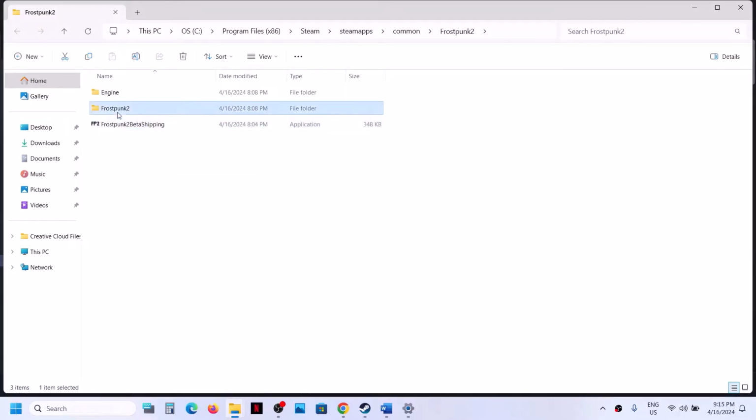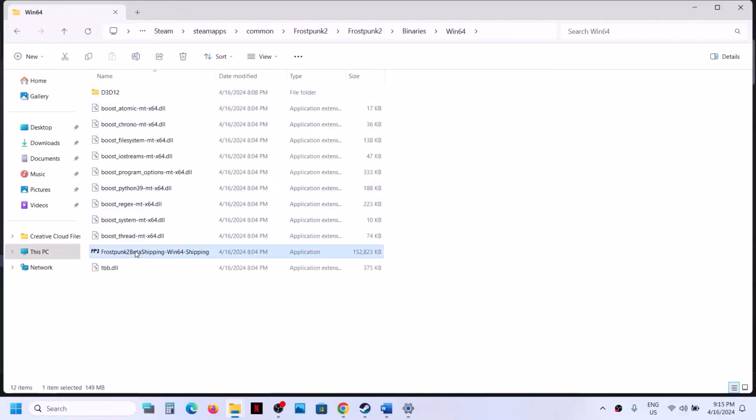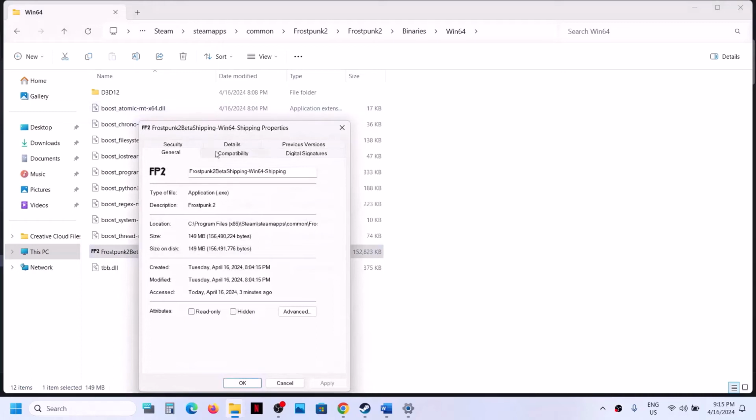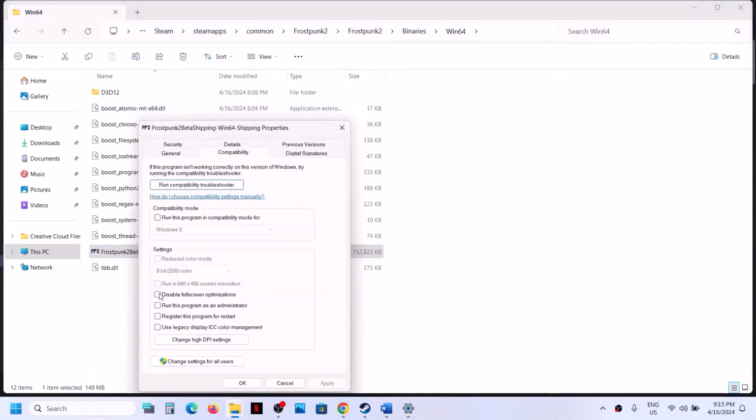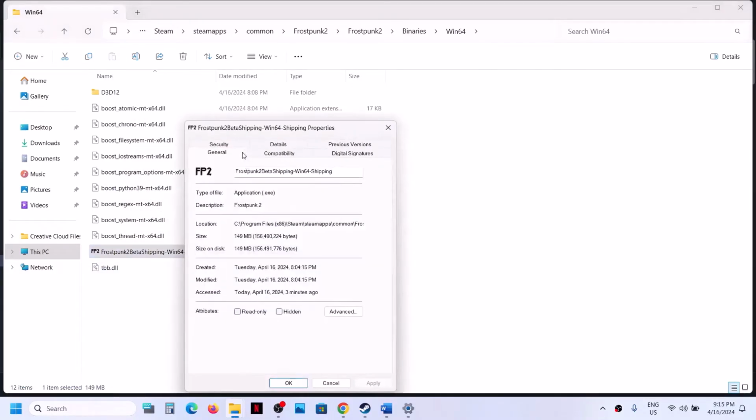If that does not work, do the same thing with the second exe file. Open this folder, binaries Win64, make a right click on the game exe file, select properties and do the same thing. So select run this program as an administrator, hit apply, click on OK, make a double click, launch the game. If that does not work, put a check over here,